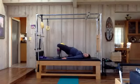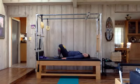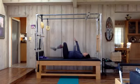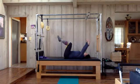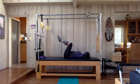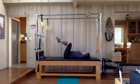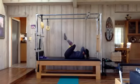Good job. Lift, roll it down, and lift. Roll it down. 1 more. Lift, roll it down. Arms lift up. Stay connected as the legs lift up. The transition is challenging. Good. Hands behind the head. And we bring it in. Good. It's in, a little higher, and down. That's it. For 3,